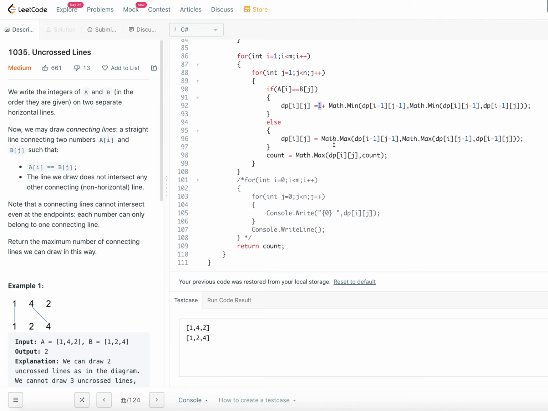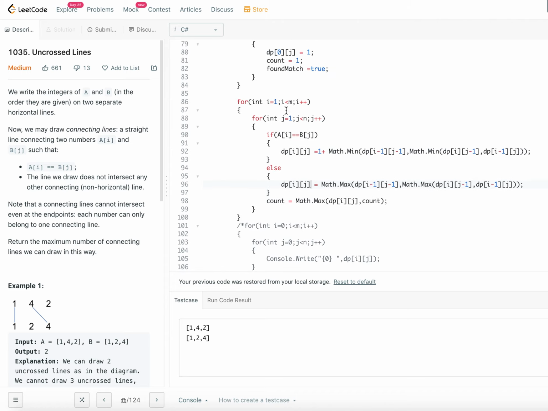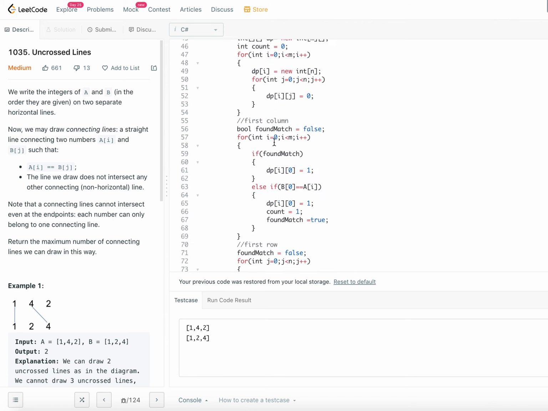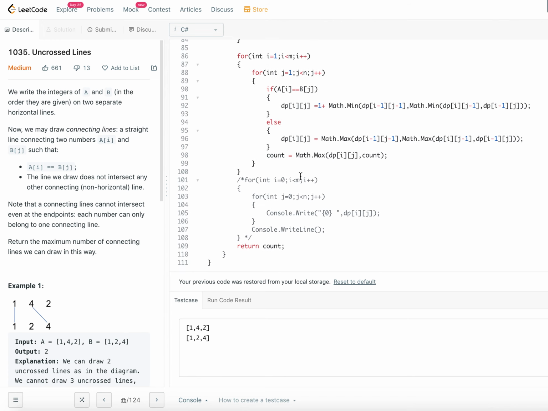But if there is no match, you get the maximum of all those elements and put it into the DP array. Previously, we filled the matrix and then identified 2 as the maximum element from this DP array. Now, instead of doing one more loop, we get the max count from dp[i][j] and count while we fill the DP array.